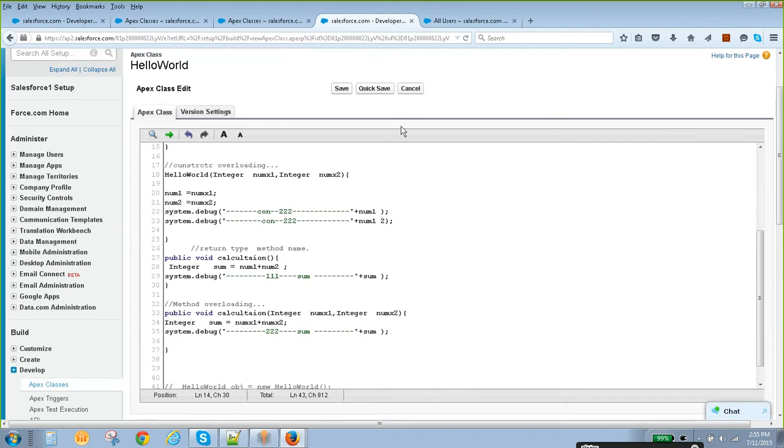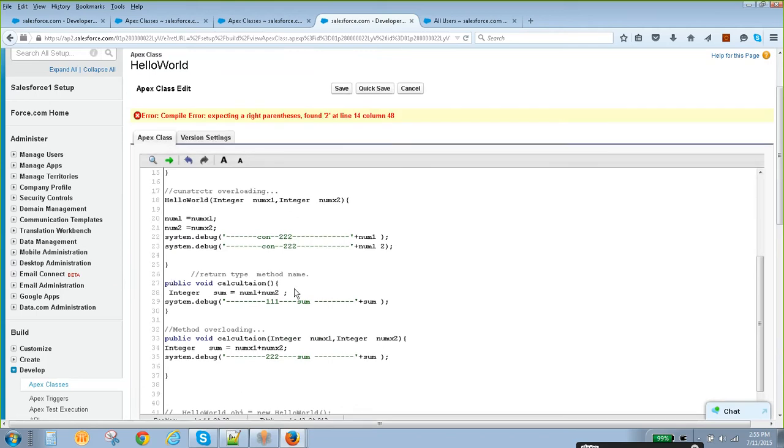If you pass parameters, then it is going to invoke the parameterized constructor. Expecting the right parameters at line 15.